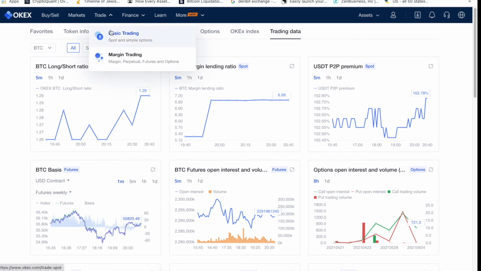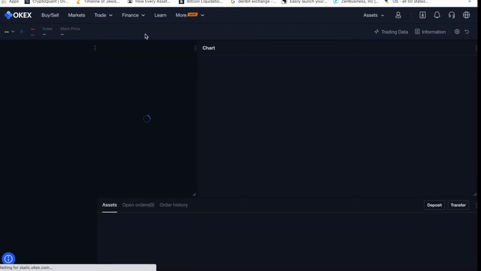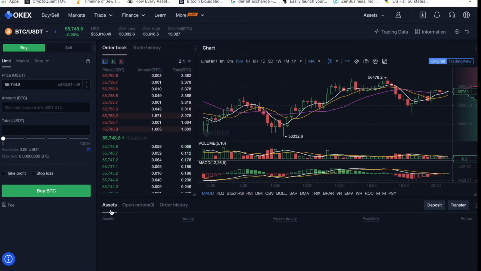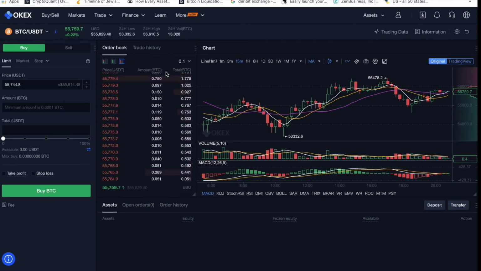Once we cover this section, you can go on to the following section. You can click here on the trade section. So you have the basic trading. If you click here, spot is the simple option, and then if you want to trade with leverage, so basically you're borrowing money and gaining stronger buying power, this would be where you go. So you have margin trading, perpetual, futures, and options. Now this interface is very nice to look at, very simple, very fun. You have here the red and here the green. You can change it accordingly based on your own preference. I'm assuming you can change it to dark or light. It's really up to you.